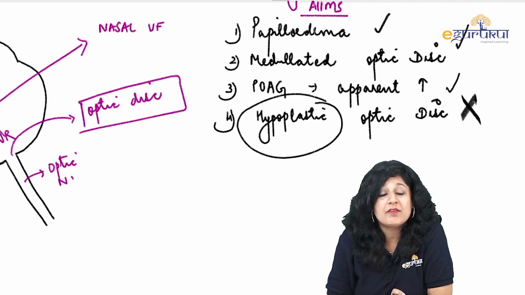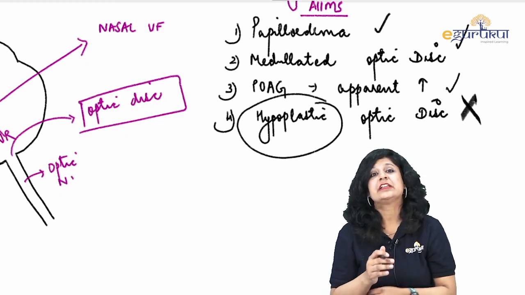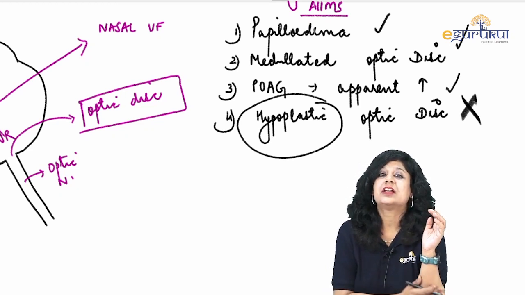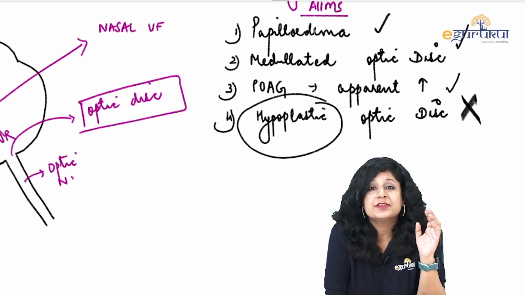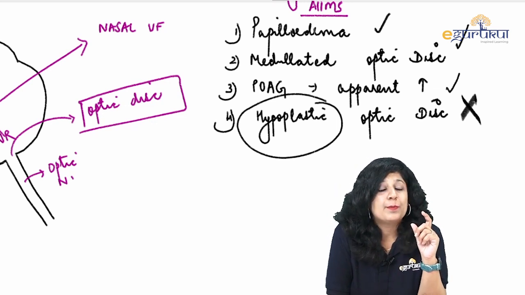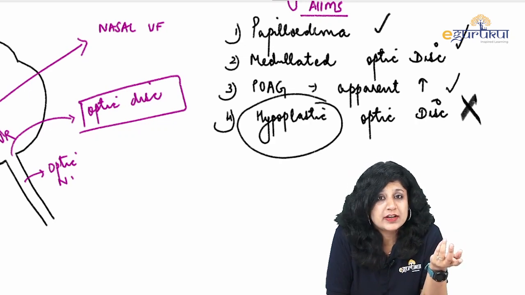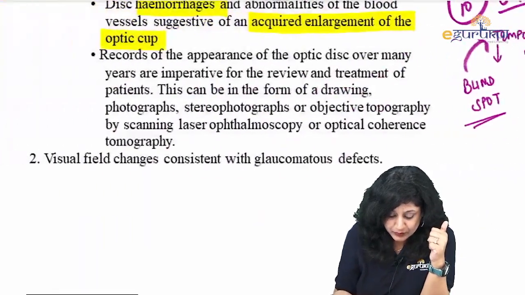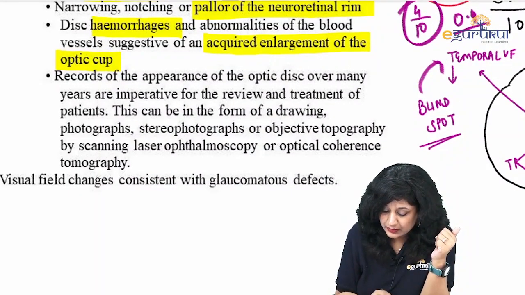So I hope now you have understood why glaucoma was not the answer. Even I'll not take the name, I have seen certain faculties have also told this answer, that the answer is open angle glaucoma there. I am not convinced with it, because one of the options was also the hypoplastic optic disc. So certainly hypoplasia means smaller size of the optic disc, and that will certainly not give you the enlargement of blind spot.